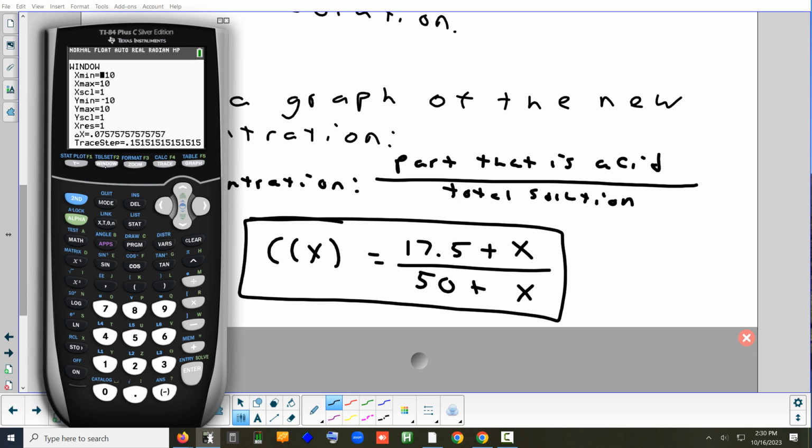Okay, so for our window, we can't go any lower than 0. What's the maximum amount of acid we could pour in? Well, we're only limited by how much we have. It doesn't say there's a limit. So let's go up to, say, we add 150 ounces. In this case, we're going to get the concentration as a decimal. What do you think the highest concentration you could have is as a decimal? 100%. And what's 100% as a decimal? 1. So the highest the concentration can be is